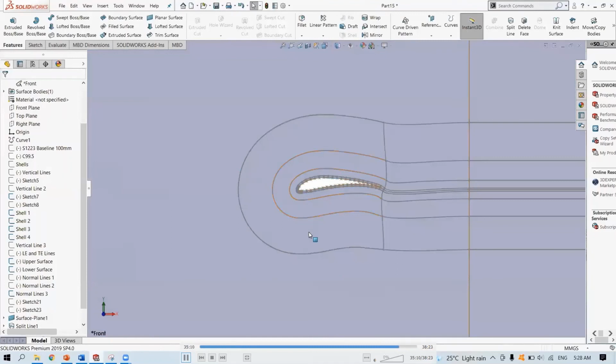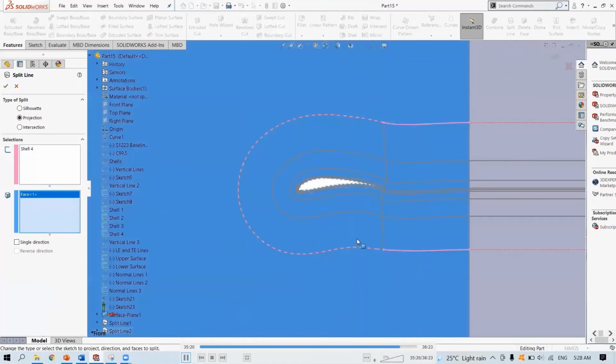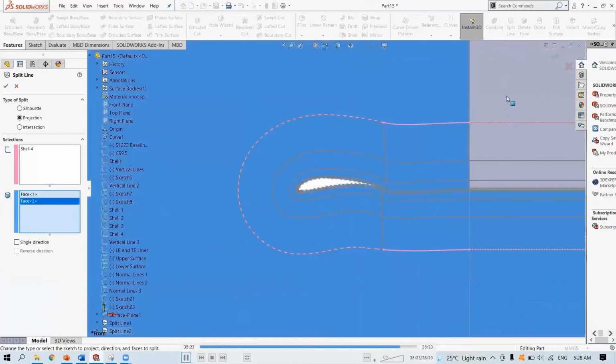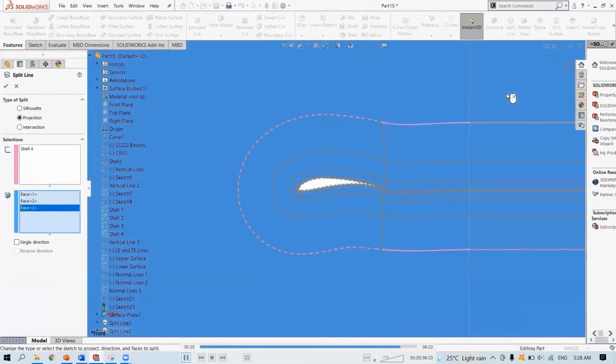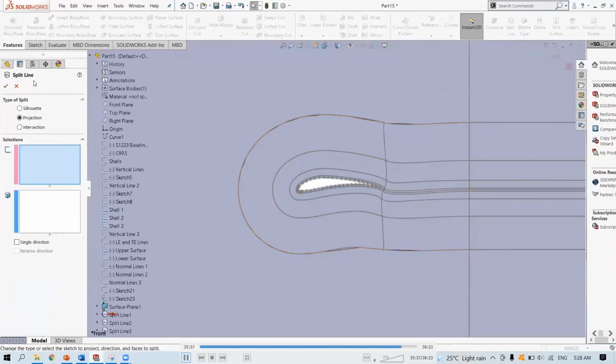All right, you can just repeat it for the remaining shells. Shell 1, shell 4. Split line again.